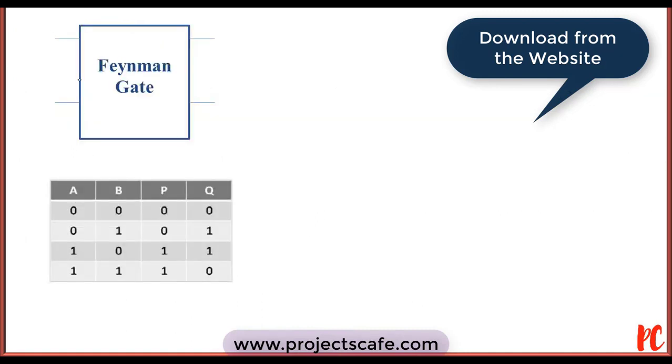Let me name this input as A and this input as B, and the outputs as P, which will be a replication of input A, and Q, which performs the XOR operation of A and B. So if you observe the functionality, the input A here relies on P. Similarly, there is input B here, for which a combination of A XOR B will result in Q. The thing to be observed here is when A is equal to 0,